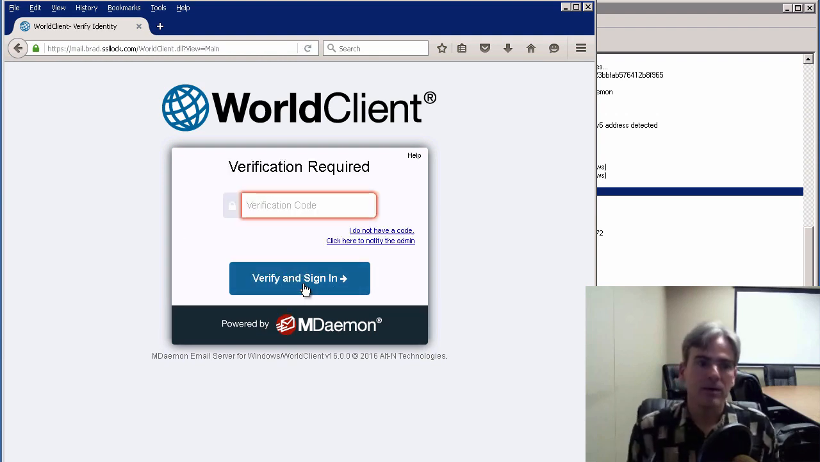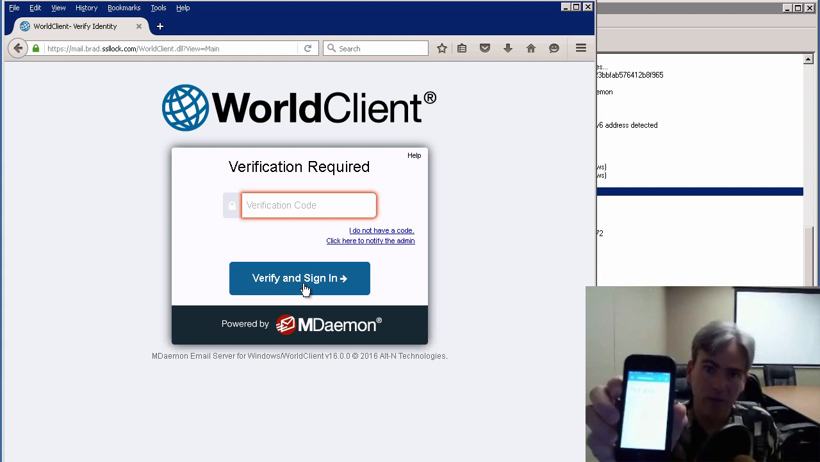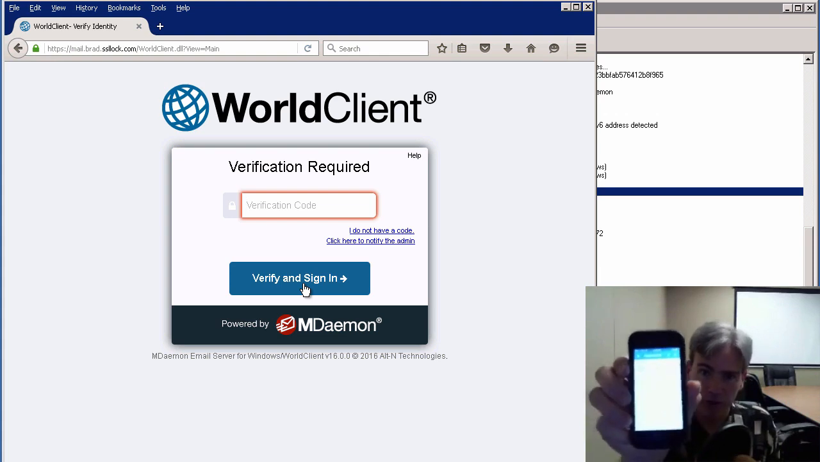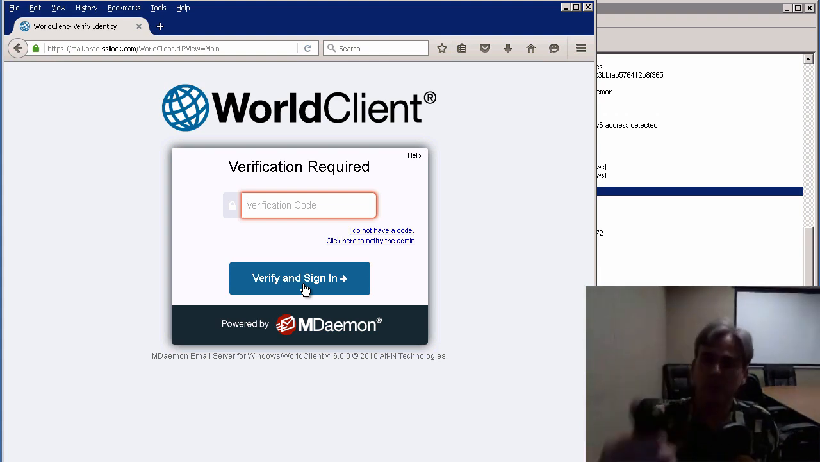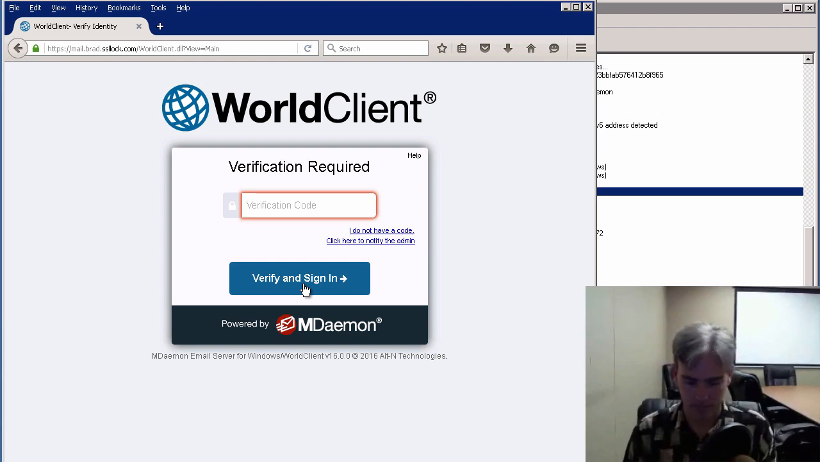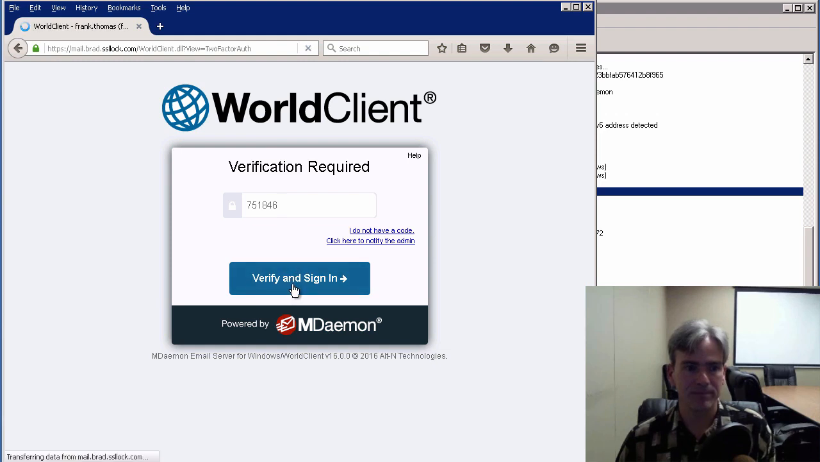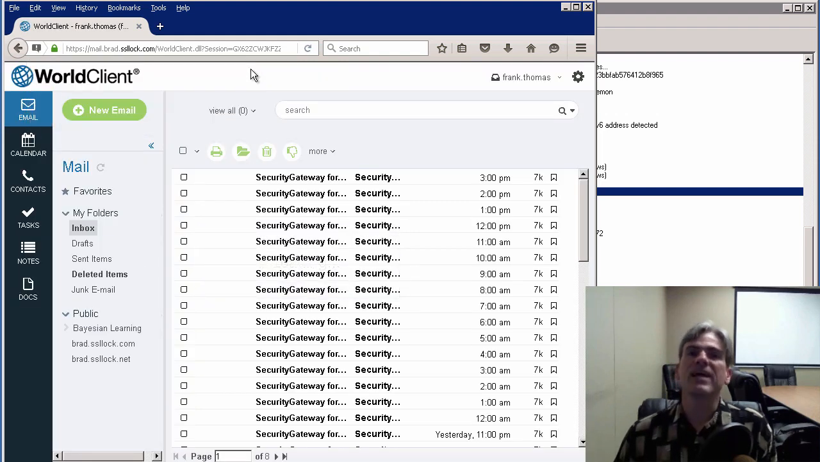Okay, and again, we're prompted for the verification code, which again, if we launch the Authenticator app on your phone, you've got your code right here. So I'm going to enter that code and then click on Verify and Sign In. And that's it. That's how to use the new two-factor authentication in